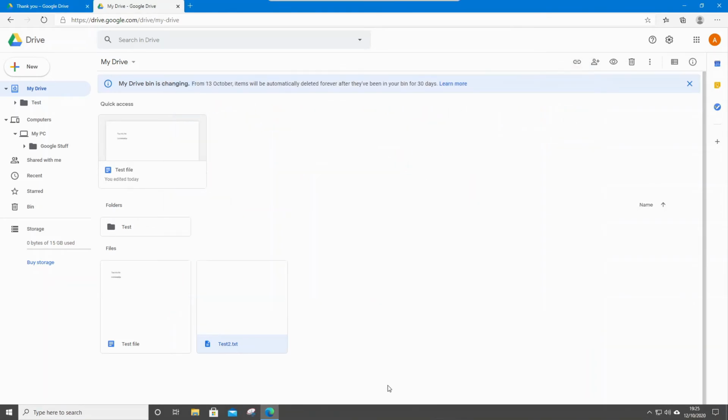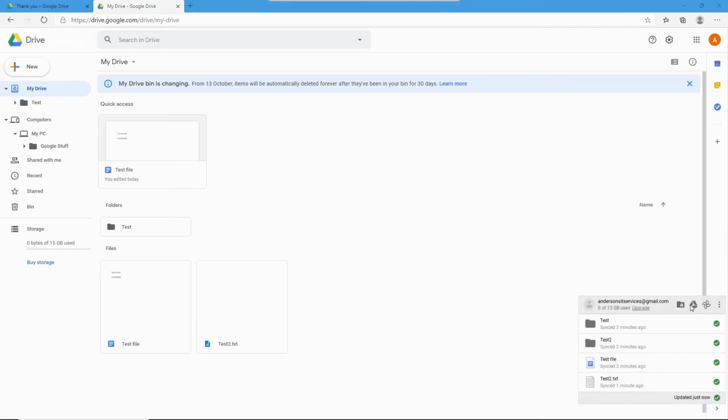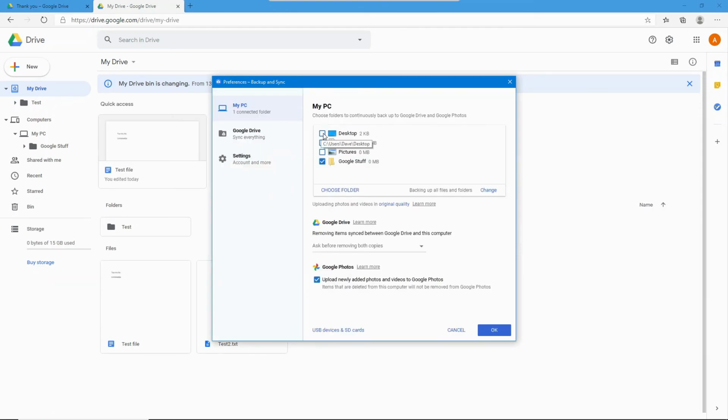At any point that I want to, I can actually change the settings. So if you point to where your clock is down at the bottom here and you click on the little up arrow, oh sorry, it's there, look, the little cloud. So if you click on the little cloud and it pops up your Google Drive manager, and if you click on the 3 dots and click on preferences, I can then, if I want to, re-tick those boxes, desktop, documents and pictures, to start syncing those at any time,